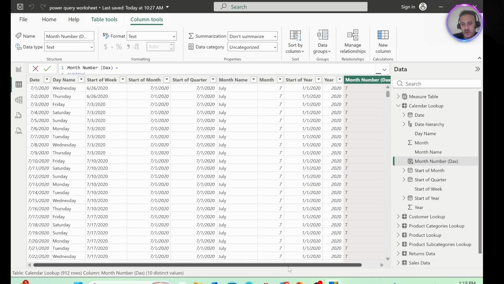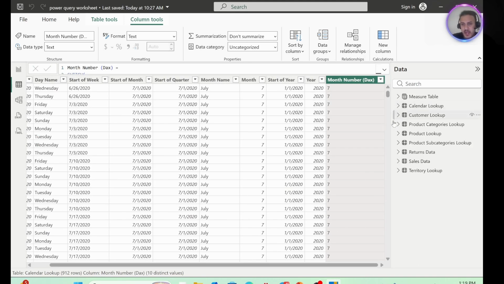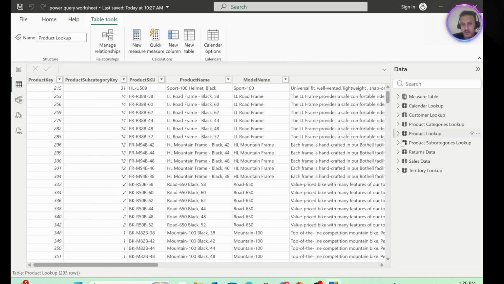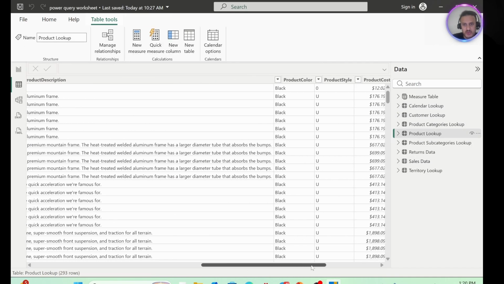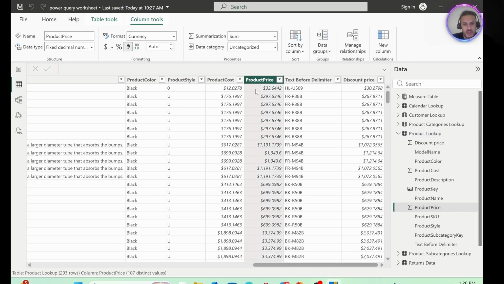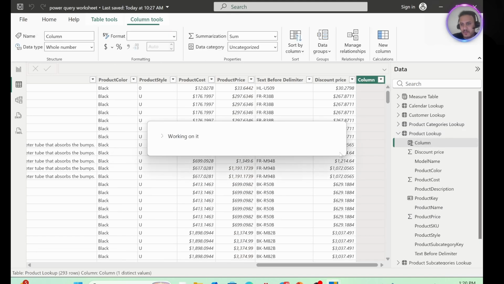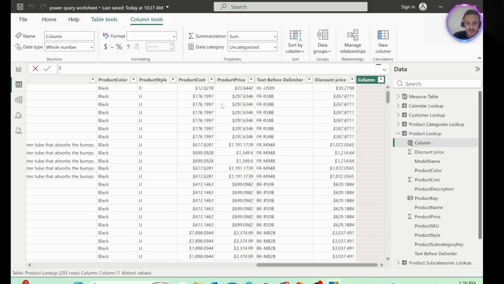So you can use all the functions. There are many functions, but it depends on your purpose. And we have another thing with the product lookup. If you use the switch function, I'm going to show you something. We have the product price. I'm going to add a new column based on the product price. So this has the product lookup here, add a new column. I'm just going to name it price